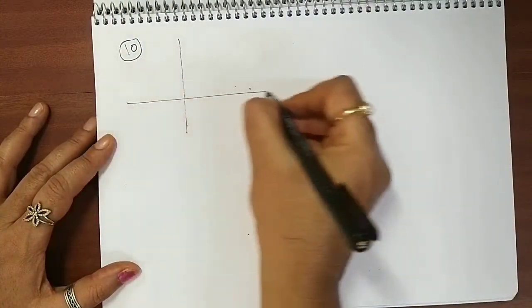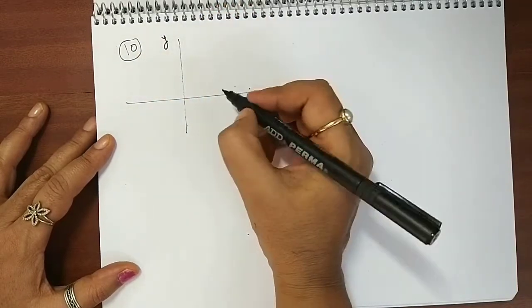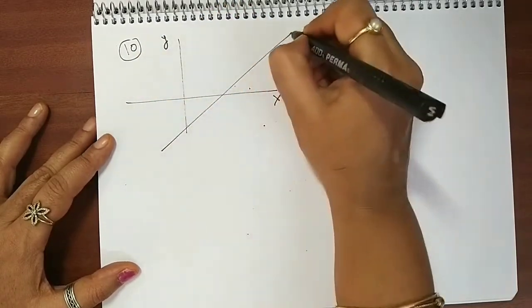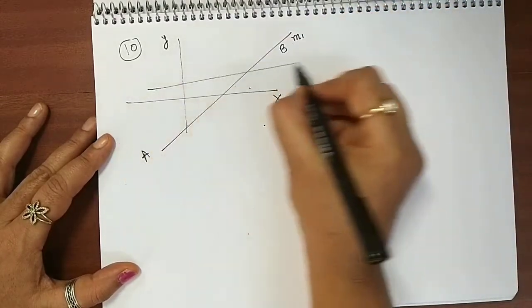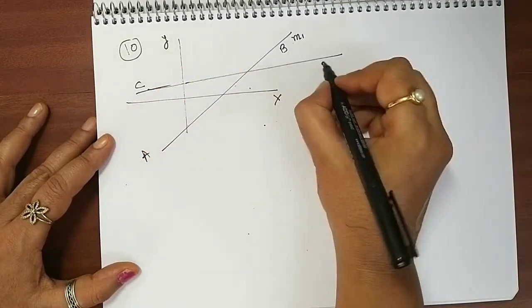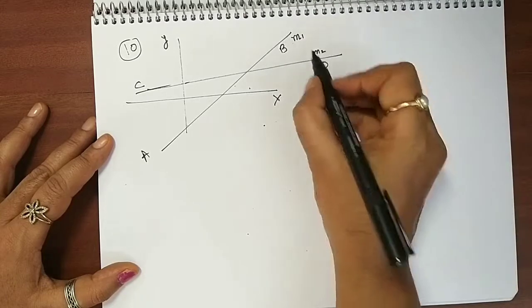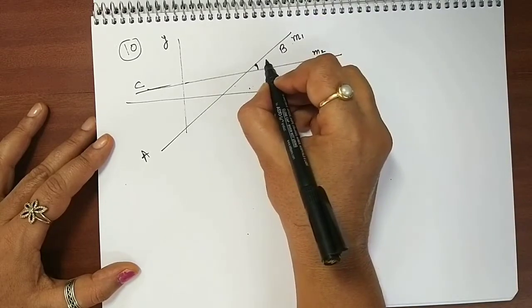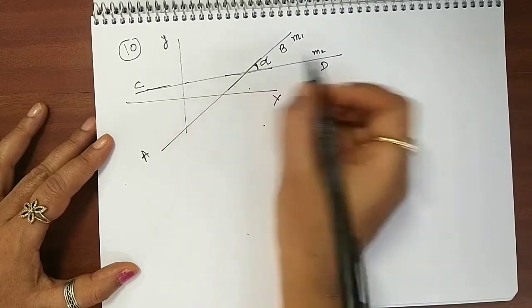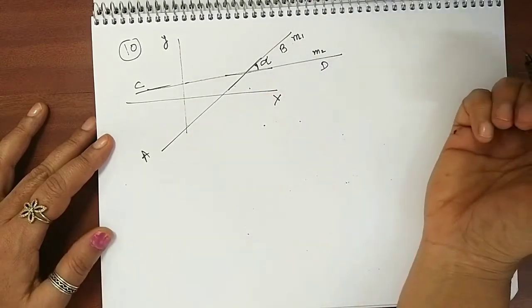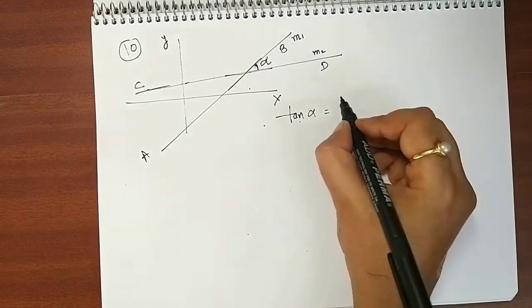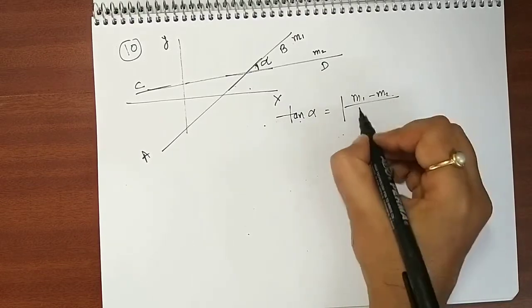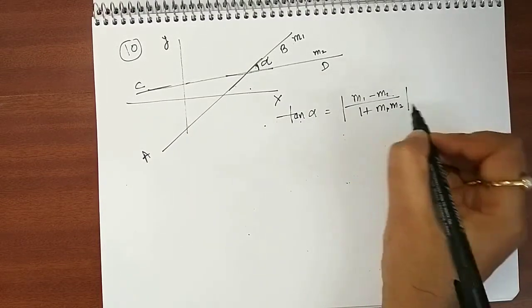So that formula says, if two lines are given, this is your coordinate system xy, say one is this line, you can take AB, and its slope is also known, m1, and there is a second line, some line CD, and its slope is also known, m2. But I am not interested in slope, I am interested in what is the angle between these two lines. So can I solve it in terms of m1, m2? Yes. This angle tan alpha is given by mod of (m1 minus m2) over (1 plus m1 into m2).